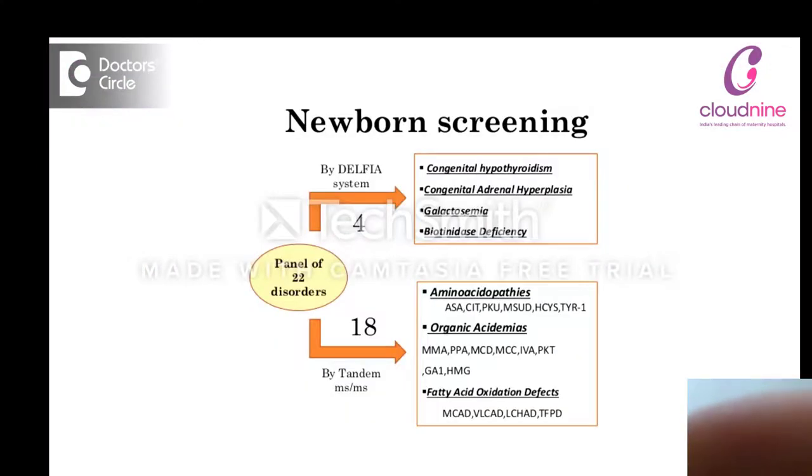So metabolic disorders are due to deficiency of a particular enzyme which is necessary to convert a metabolite in the body to a different metabolite. That is, you have to break down the food which the baby eats. If a baby is drinking milk, it will have protein, fat and carbohydrate. So each and every energy source has to be broken down and then eliminated by the body. So it has to be used for synthesis purpose or storage purpose, or it has to be broken down and the energy derived from the metabolite is used for bodybuilding or other activities, and the remaining breakdown products are eliminated